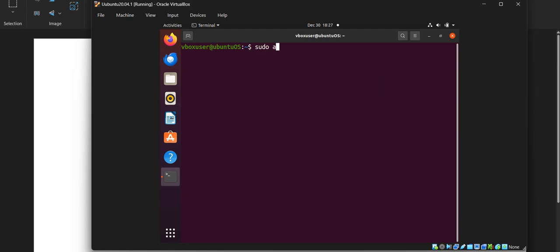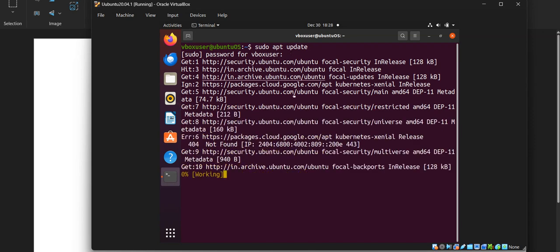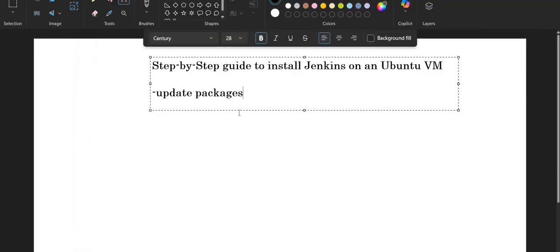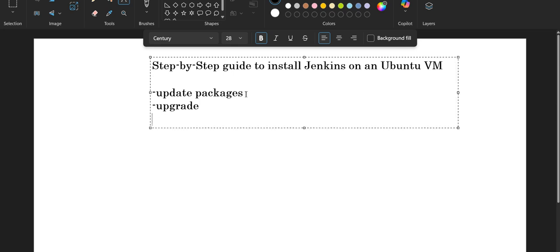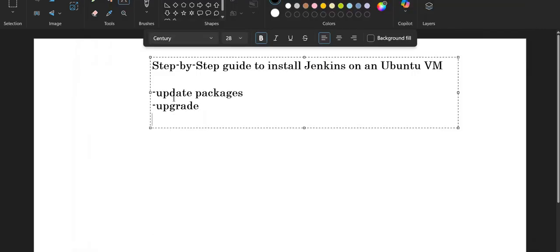So I will hit the command sudo apt update, and it will ask me for the password since it's a custom user for me. It is updating the packages here, and after that I will do the upgrade. There is a difference between update and upgrade. Upgrade will basically do the version upgradation from the particular Ubuntu archive files which we have,